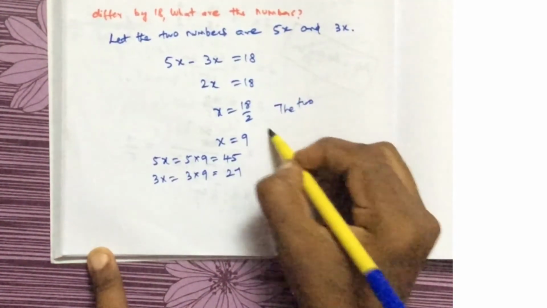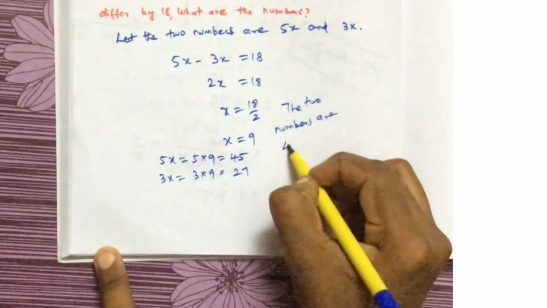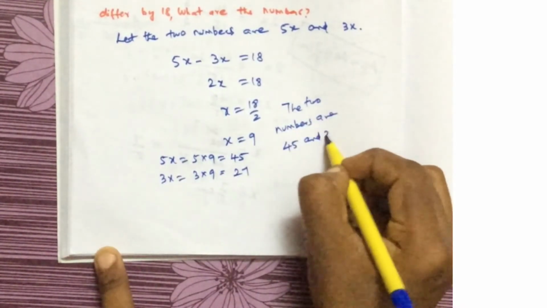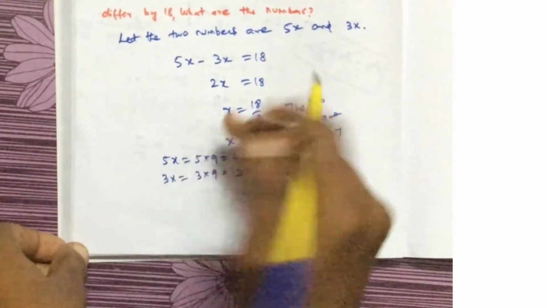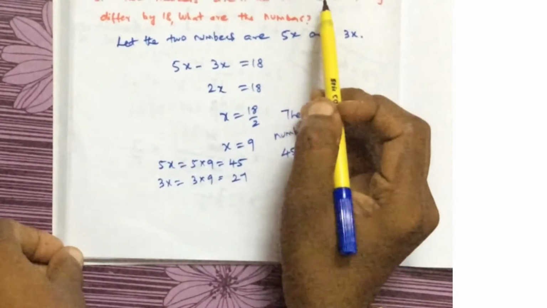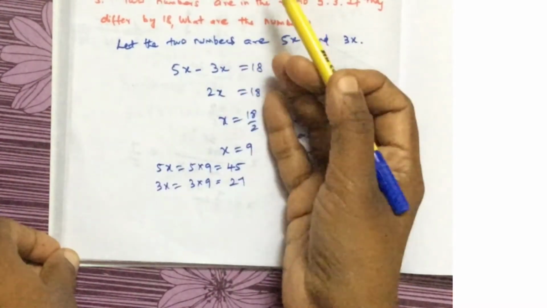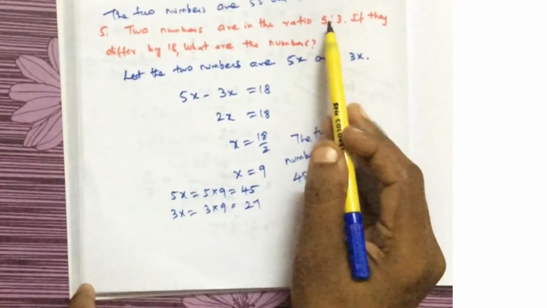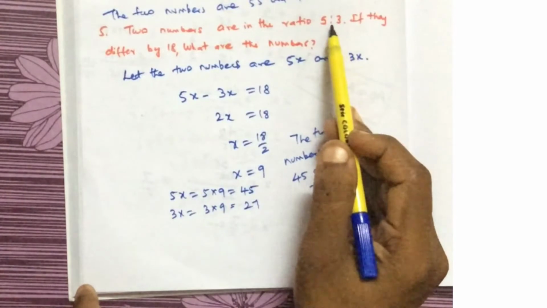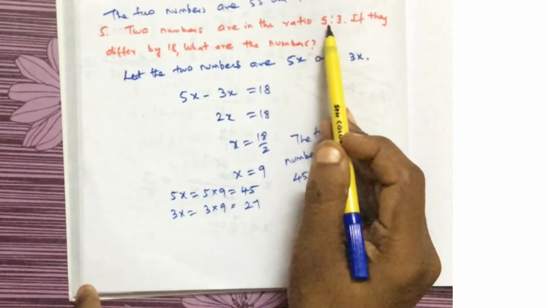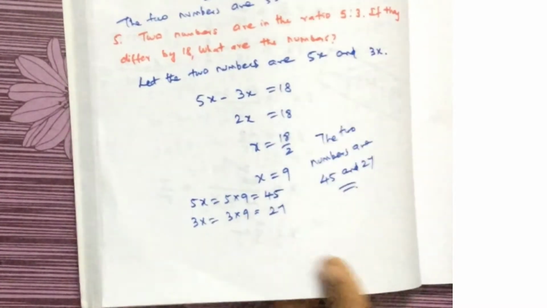The two numbers are 45 and 27. Here what you should know is how to convert the ratio into the original number. If the ratio is given, to find the original numbers you should multiply both numbers in the ratio by x. So here I am using x and multiplying, and that gives 5x and 3x. Okay. Now the next problem is,